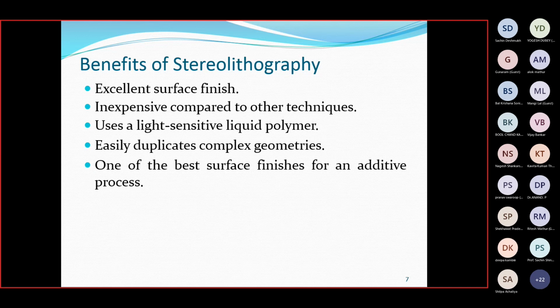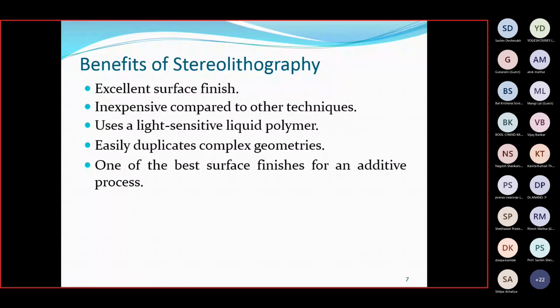You don't need to generate filament, because a filament of any polymer will itself be created from that liquid polymer. So why create one extra process in between? First you have to generate the liquid polymer, then make it into filament, and then use those filaments. That is one extra step or stage in the complete modeling and producing. But in stereolithography, you can directly use the liquid polymer itself.